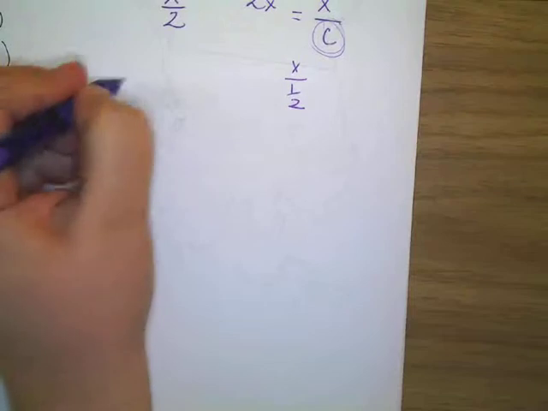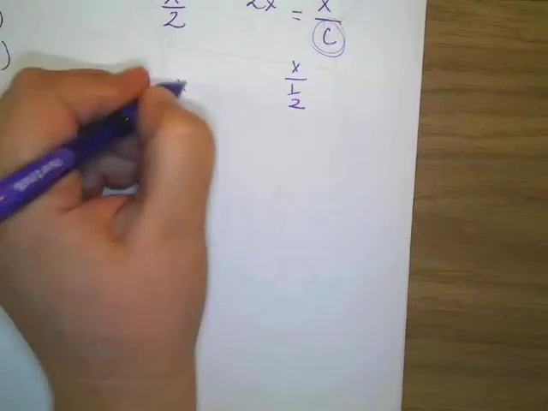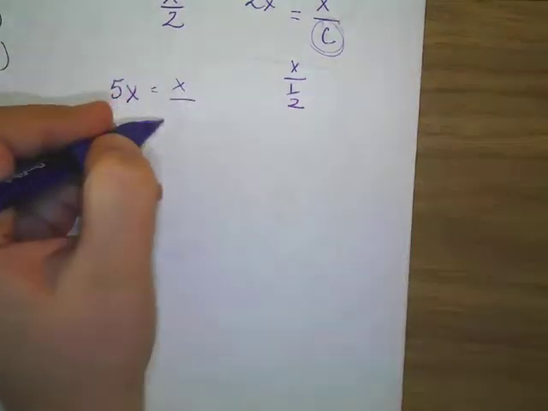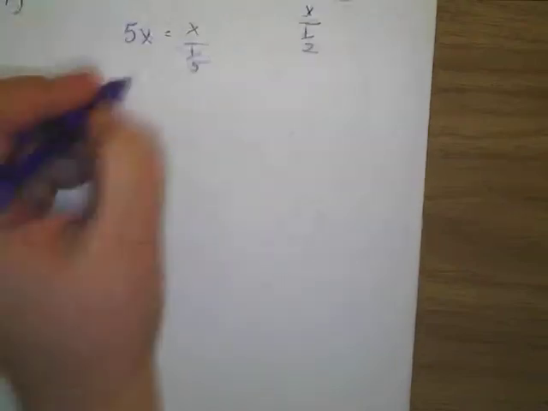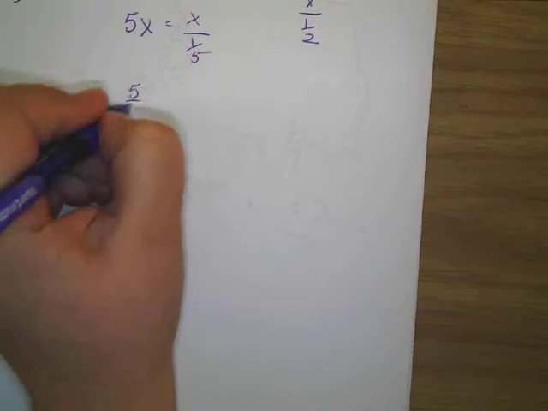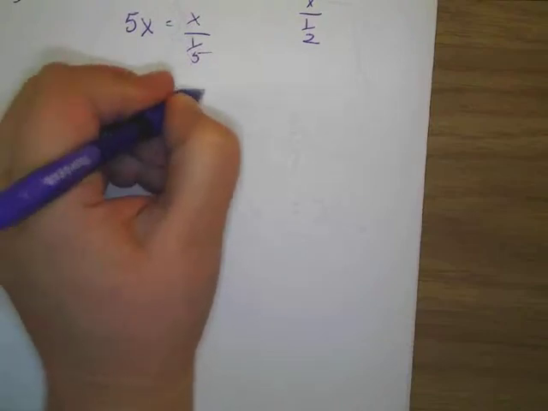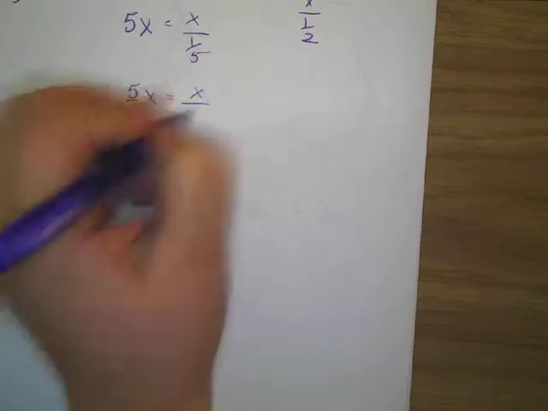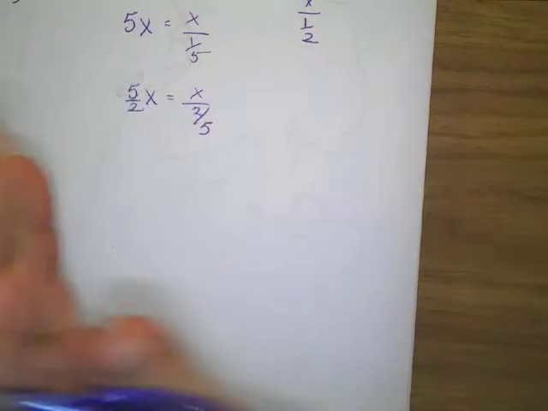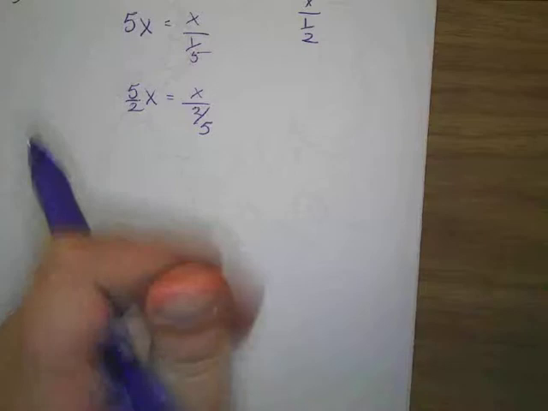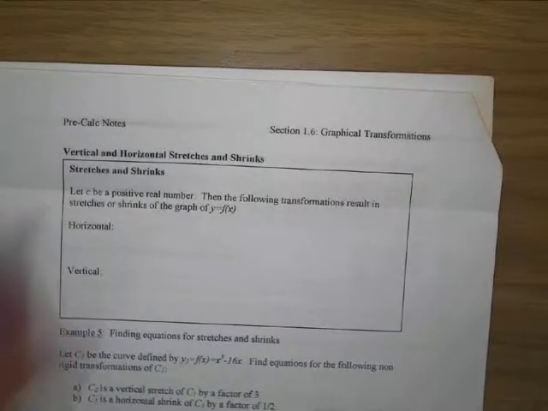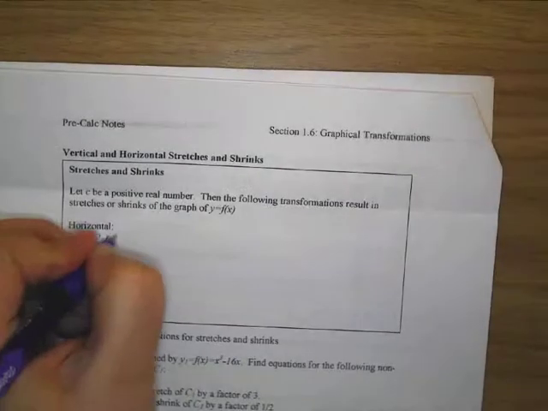What if I had 5x? Could you write that as x divided by what? 1/5. It's the reciprocal, right? What if I had 5/2 x? How could you write that as x divided by 2/5? Okay. The reason I'm making us think of it this way is for horizontal stretches and shrinks, it's x